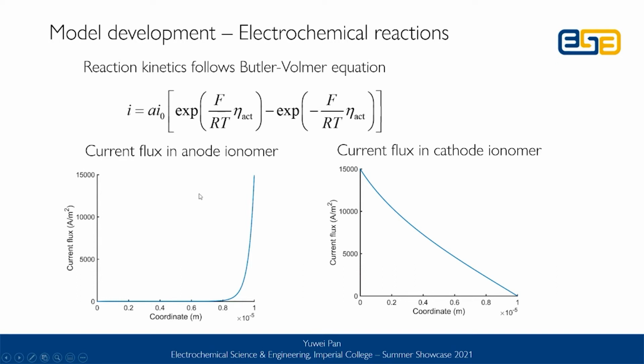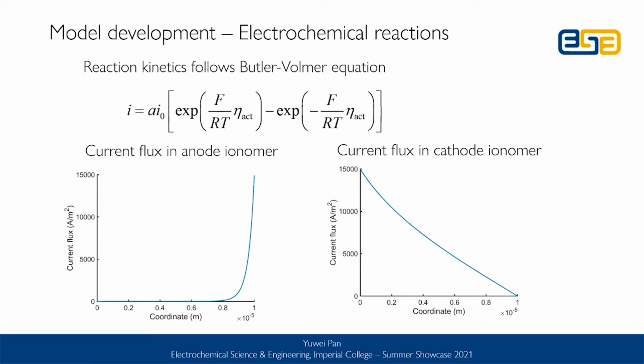On the anode side, the hydrogen oxidation reaction has relatively fast reaction kinetics, but the anode ionomer has a very large resistance for proton conductivity. So its current flux in the anode ionomer is highly unbalanced, while on the cathode side, the oxygen reduction reaction